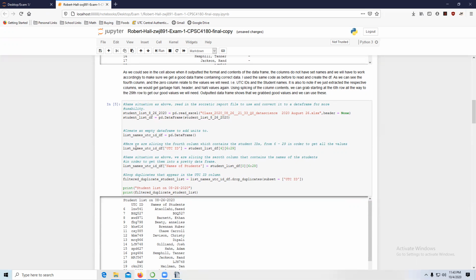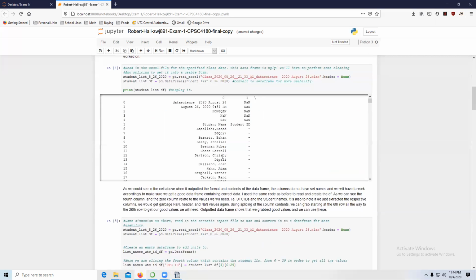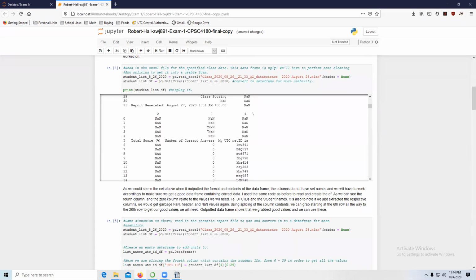And then what we're doing here is creating a UTC ID column in that data frame. And then here we're doing a special little function. We're pulling the fourth row, or actually, I'm sorry, the fourth column. And if we go back up here and scroll down, we can see that the fourth column